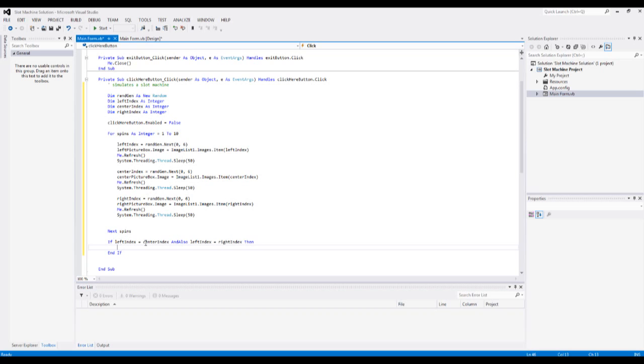If the left and center are equal and the left and right are equal, meaning that the images are all equal, then pop up a message box